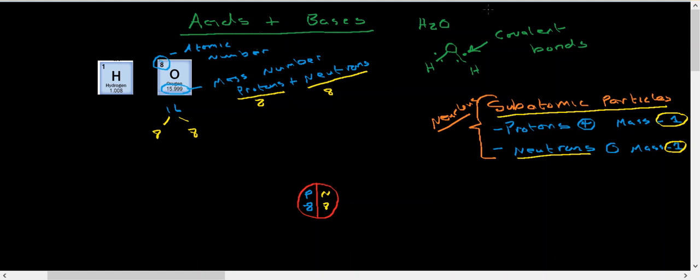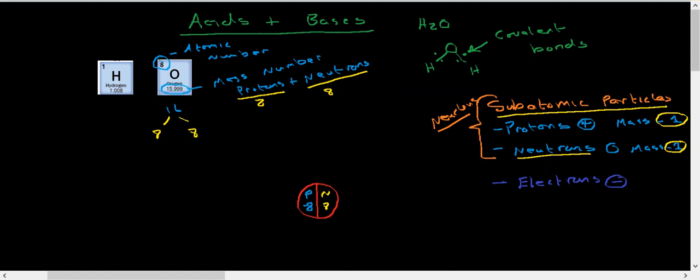and we call these electrons. They have a negative charge. So remember, they carry a negative charge, so they're opposite to the protons. They have a very, very small mass. You can nearly say that the mass is nearly non-existent, but if you want to look at it as a fraction, it's roughly